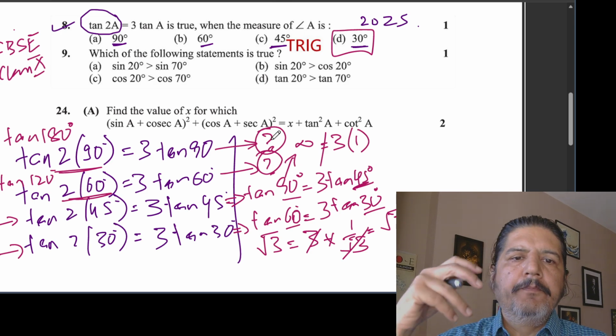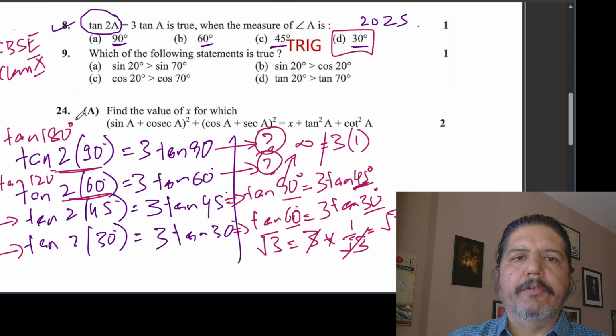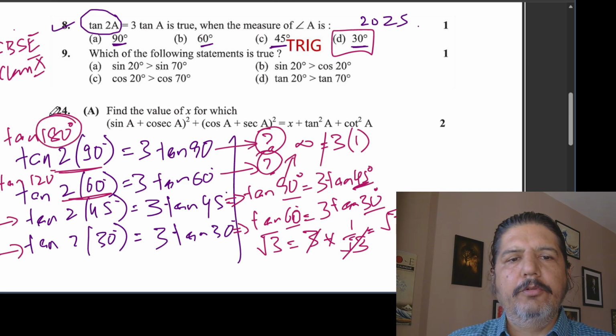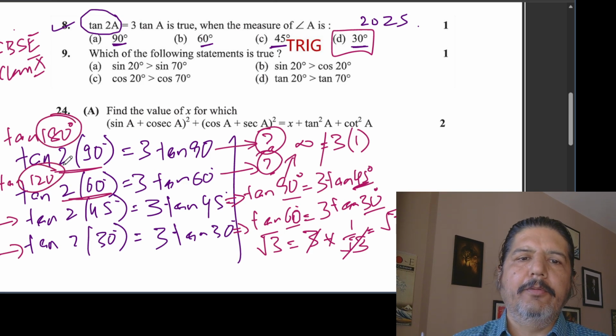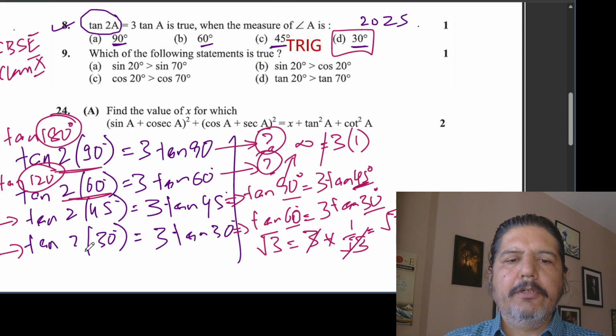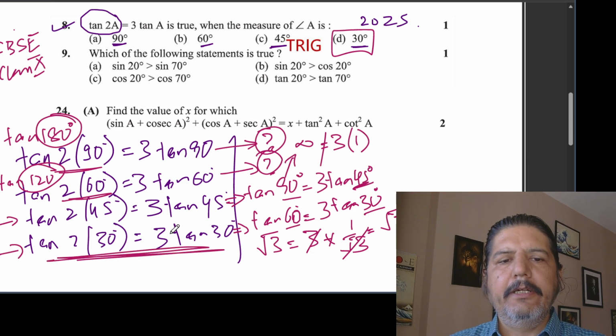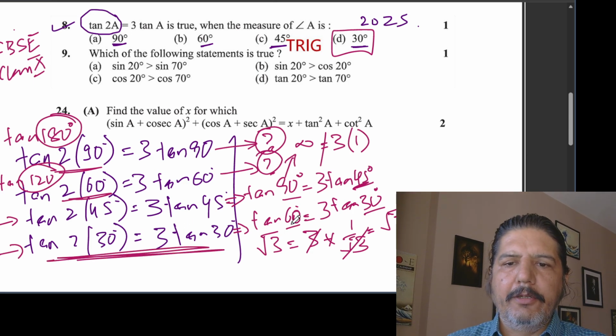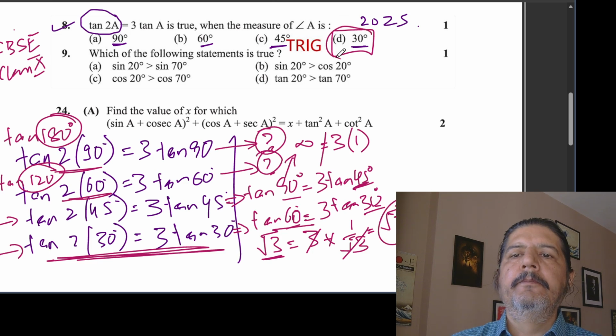Learning number 2 is, even if you think you don't know the value of tan 180 degrees or 120 degrees, what you see is that you didn't require that anyway, because the correct answer is part D, where you knew the values. You knew tan 60 is equal to root 3 and tan 30 degrees is 1 by root 3, and you got the right answer as D.